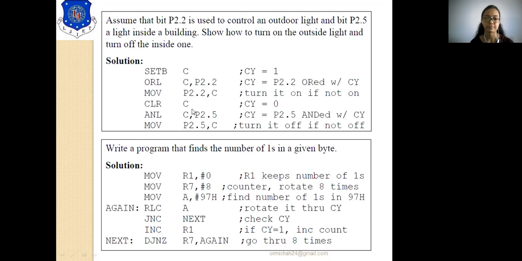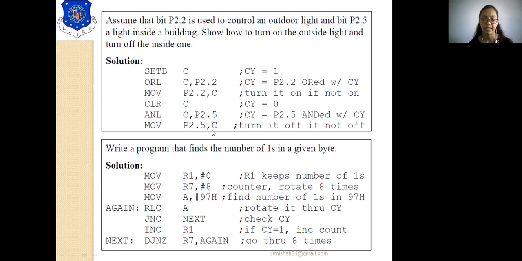Now, CLRC means you are clearing the carry flag. Now you will perform an AND operation with P2.5. Whether it is set or reset, based on that, the light will be turned on or off. So here you are ANDing the data of the fifth pin of port 2 with the carry flag. The carry flag was 0, so this answer will be 0.